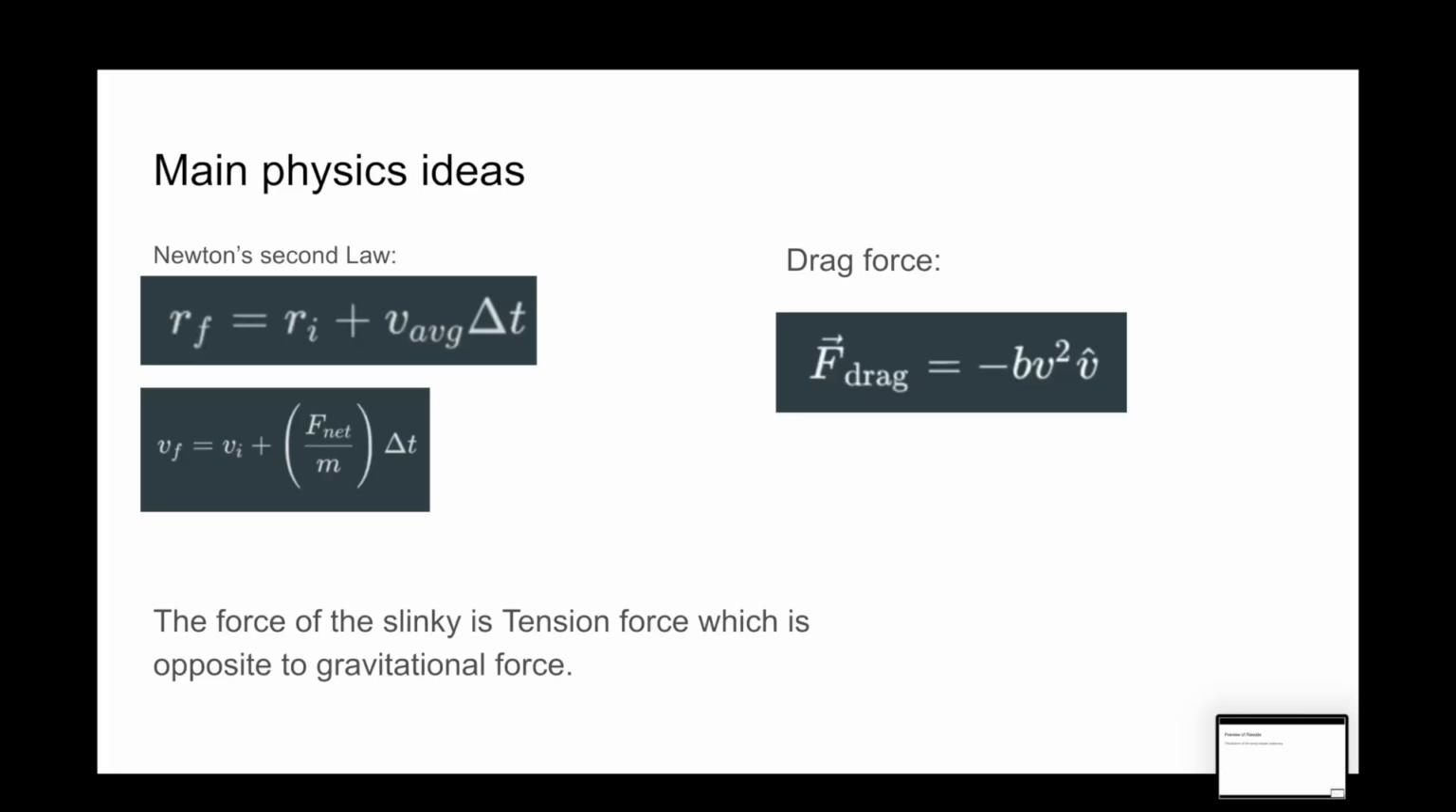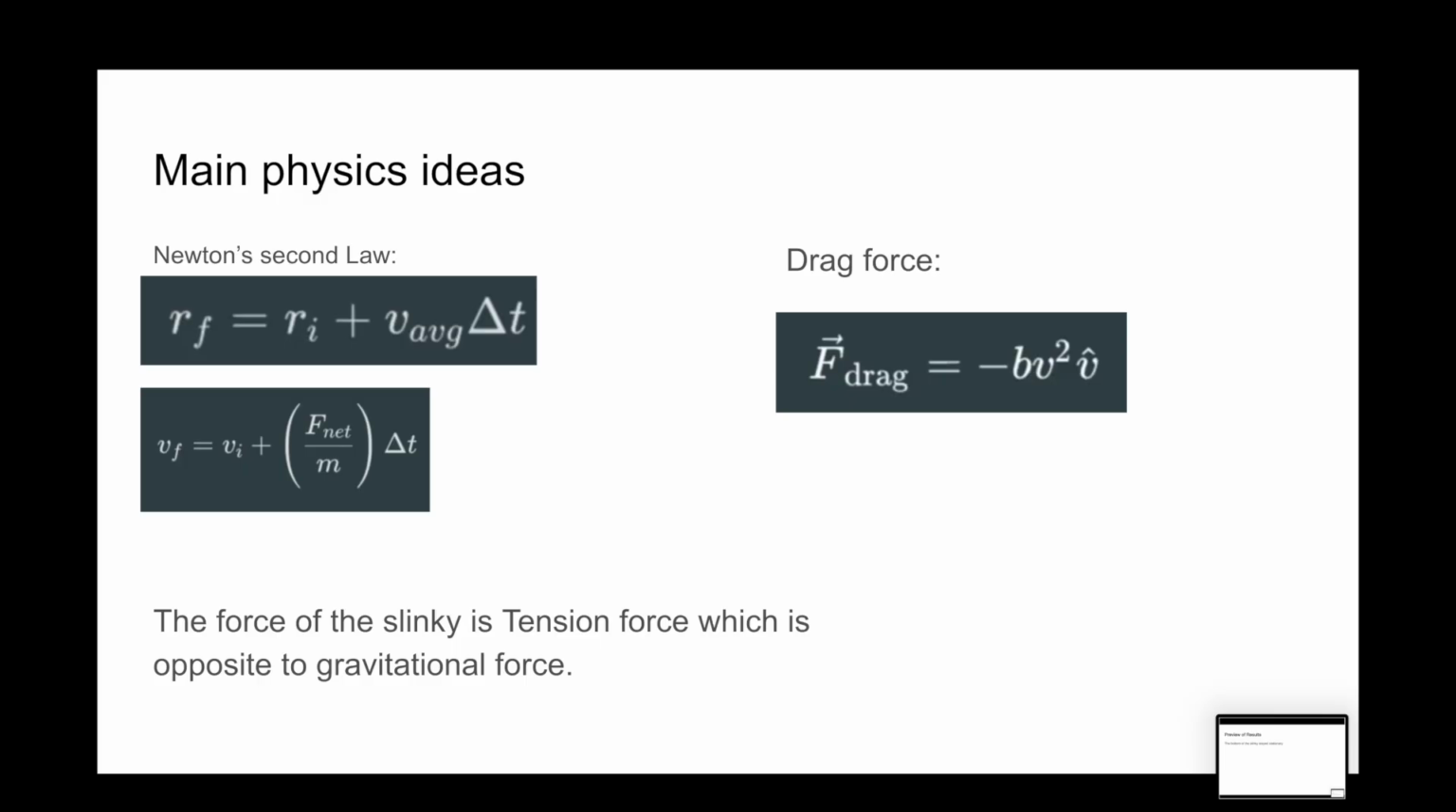The main physics idea used is Newton's second law, where we get the position update formula shown on the top and then the velocity update formula shown underneath that. That's used to update the bottom of the Slinky's position over time. The drag force formula shown on the right is also used. That shows the Slinky's movement in the air, its drag through the air. And then also